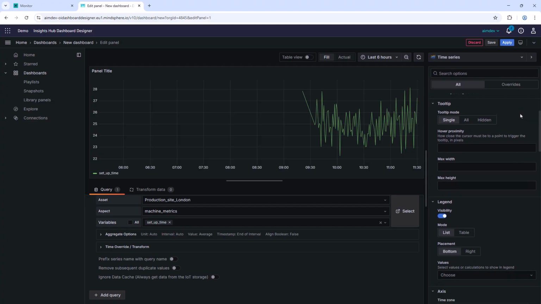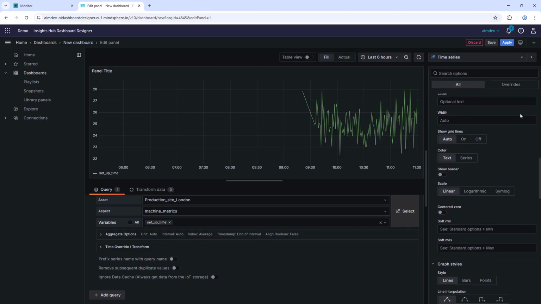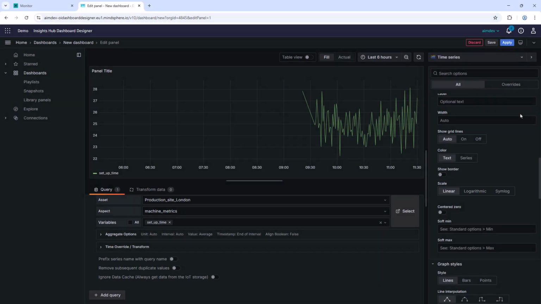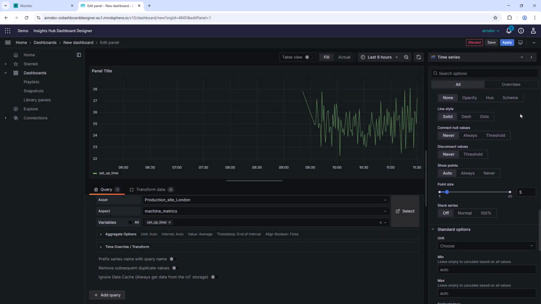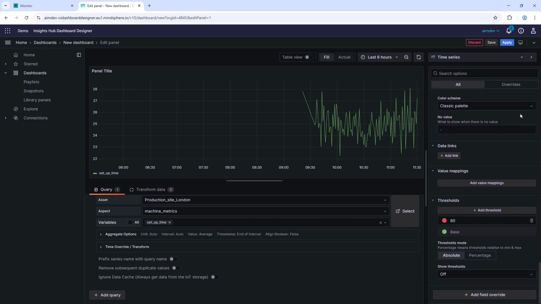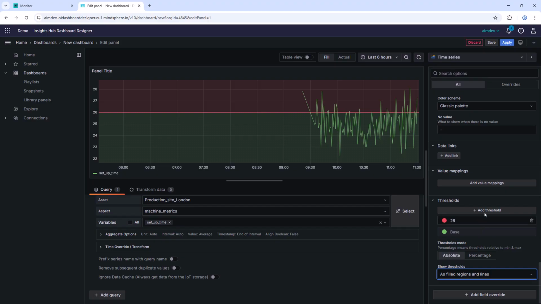Together with these two settings, there are a lot of other options to improve your diagram. To name a few, editing the scale of one axis. Add a threshold to display the curve of the diagram in different colors, or highlight outliers in the dataset with the Add Threshold function. In this example, we will highlight all values over 26. Therefore, we enter the value in this field. After that, we have to enable the Thresholds mode.